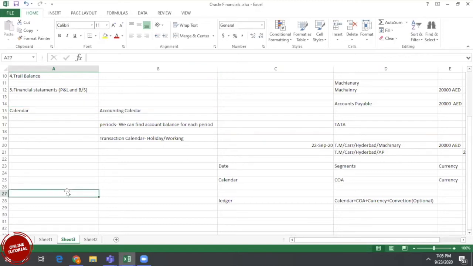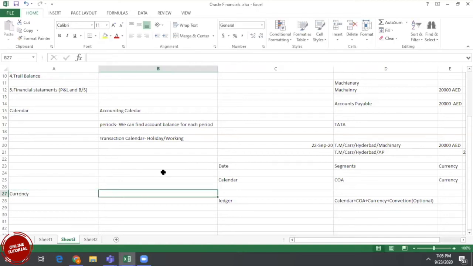And currency. When you say currency, all UN nations' currencies are already given by Oracle. Oracle very well knows which country is using which currency. Generally, there is no need to define our own currencies, but some requirements will come.